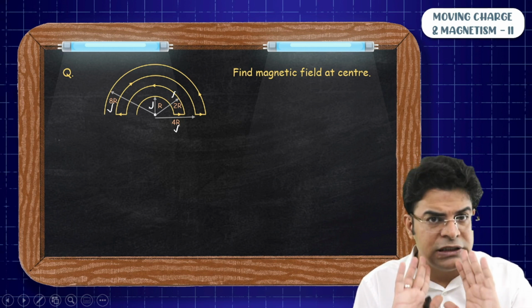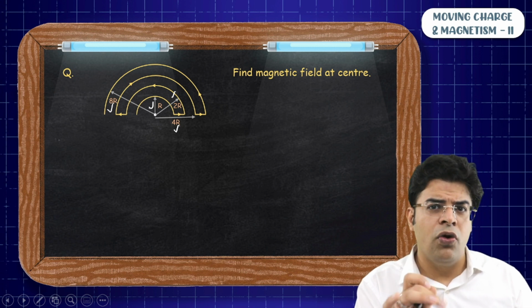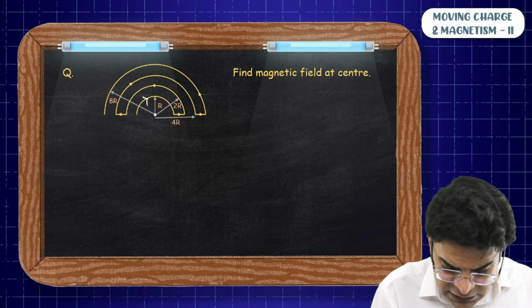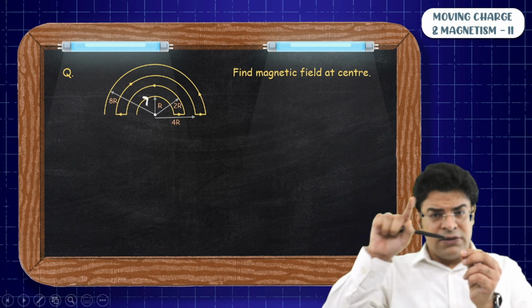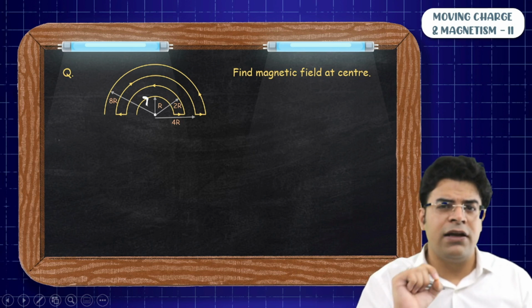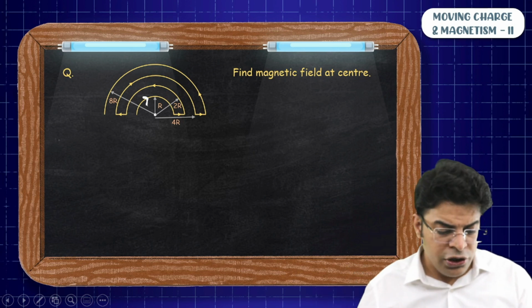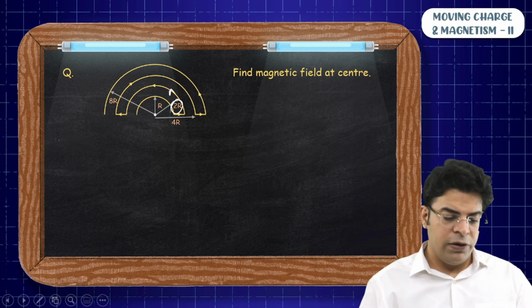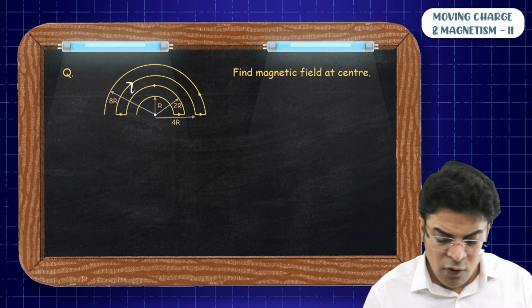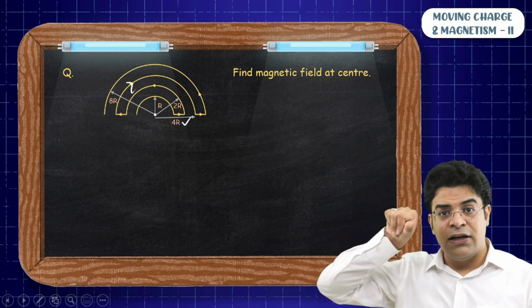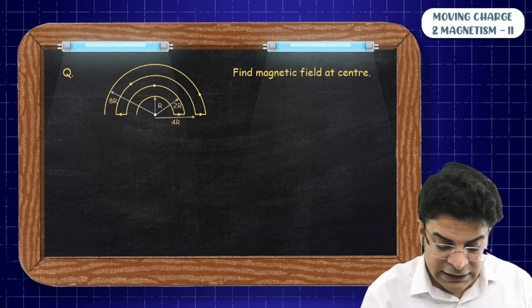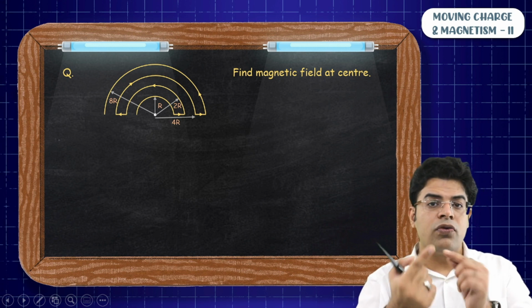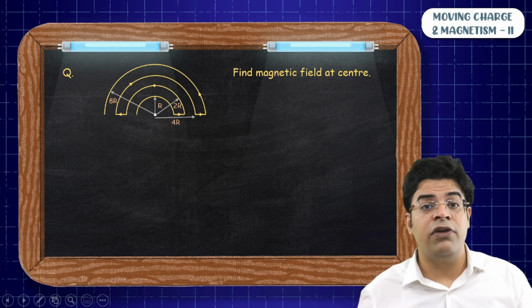And these types of questions are easy. You just need to know the sum of an infinite GP. So first of all, tell me, if in this innermost loop the current is clockwise, then what is the direction of the magnetic field at the center? Inward. Due to this second loop of radius 2r, what is the direction? Outward. Due to the third loop of radius 4r? Inward. Due to the fourth loop of radius 8r? Outward. So you can see that two consecutive loops keep on producing magnetic field in the opposite direction.